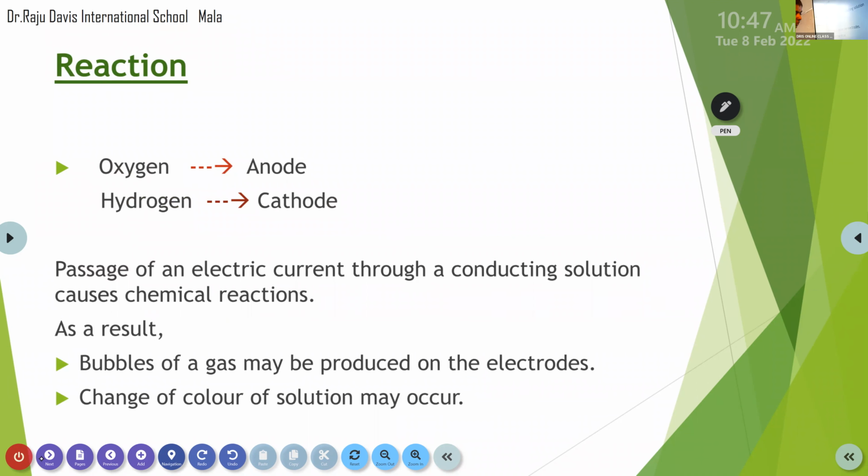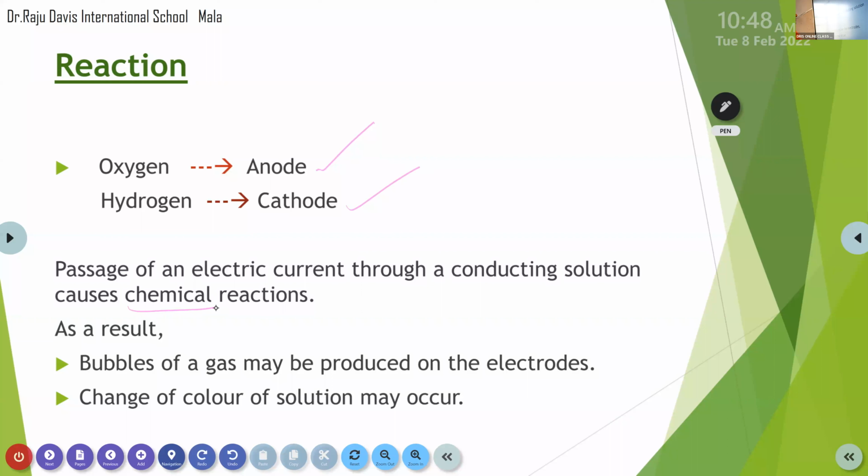At anode. Okay. Then where can we observe this hydrogen? Cathode. So from this experiment he proves that passage of an electric current through a conducting solution causes chemical